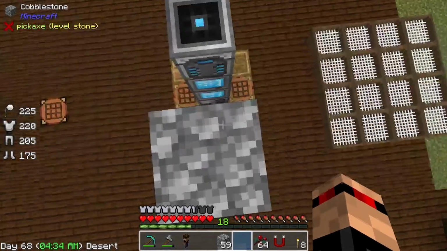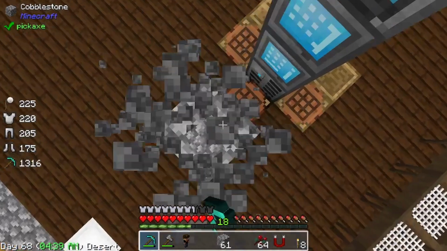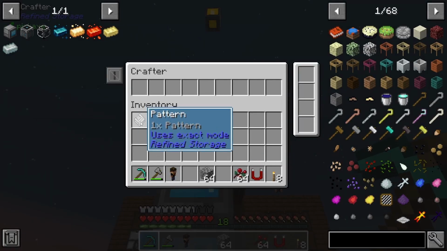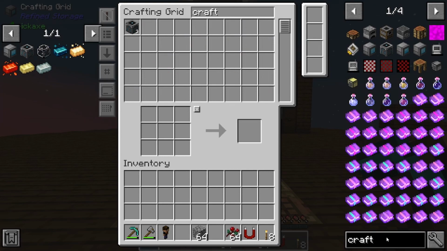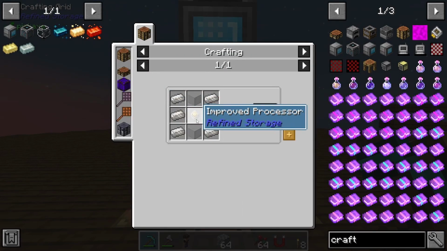Crafters aren't that big in this pack. I do like the extra storage mod, but I know it wasn't in the original, so we're going to have to make do with this crafter here. And we want to put that in there like that. And then we want to make a crafting card, one of these, which needs one of these, which needs...